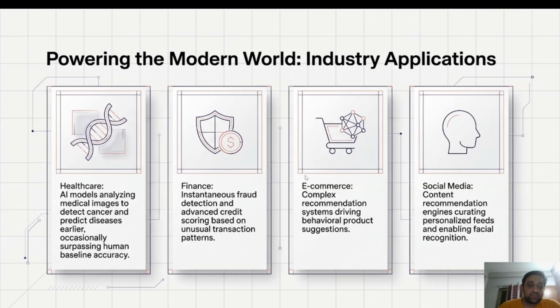The real world example is ChatGPT. ChatGPT is powered by a transformer model called GPT. When you ask it a complex question, it doesn't read your message word by word. It processes your entire question simultaneously, attends to the relationships between all your words, and generates a coherent, contextually accurate response. The same transformer architecture powers Google Search, GitHub Copilot, which writes code for you, and real-time speech translation in